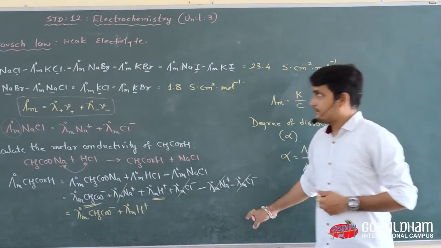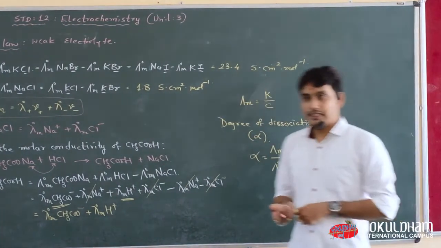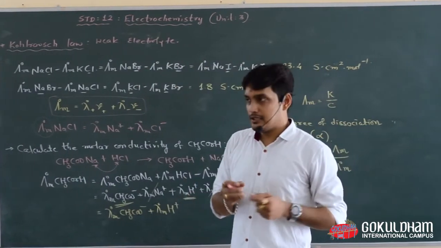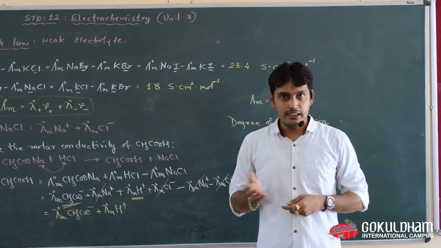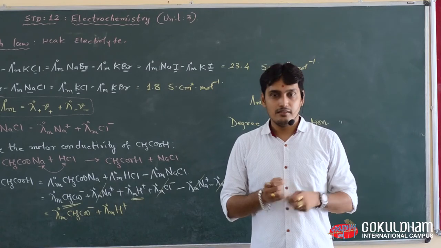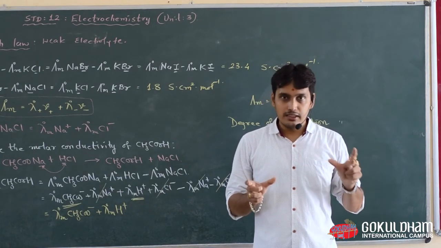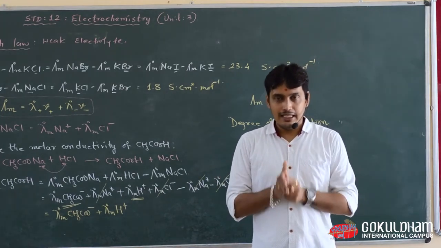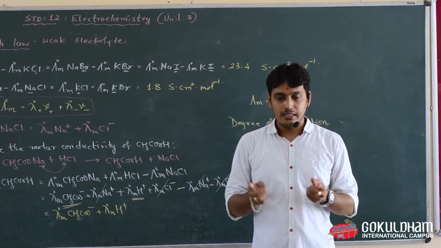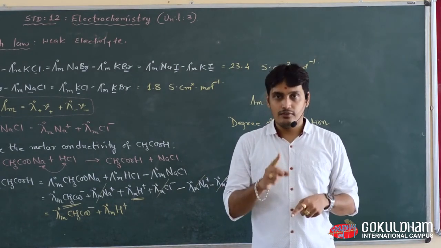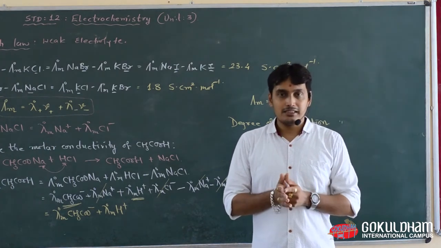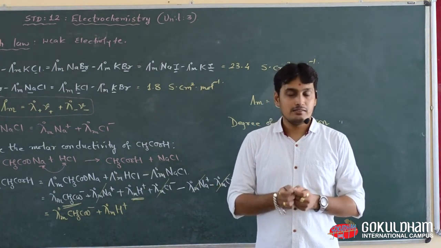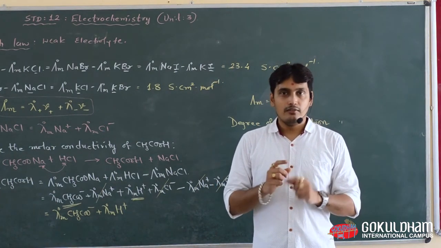After this theory, we will discuss the electrolytic cell and the laws of Faraday. What is the main difference between an electrochemical cell and an electrolytic cell? Electrochemical cell means you have two beakers. One beaker consists of the cathode and the other beaker consists of the anode. But in an electrolytic cell, you have one beaker and the two electrodes are dipped into that one beaker only. In an electrochemical cell, we use two different electrolytes, but in an electrolytic cell, you have only one electrolyte.